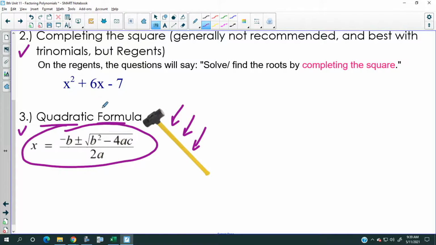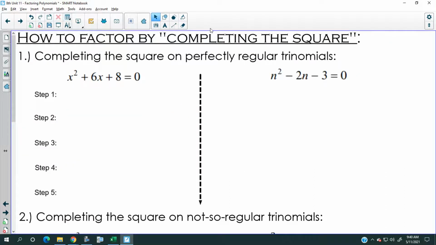It's a very blunt instrument, but guess what? You always get an answer, okay? So think of it like that. Now, let's focus on what we're doing today, all right? Called completing the square. So I want to show you,